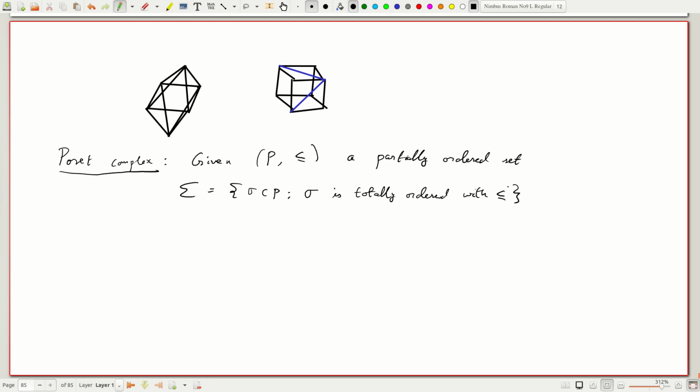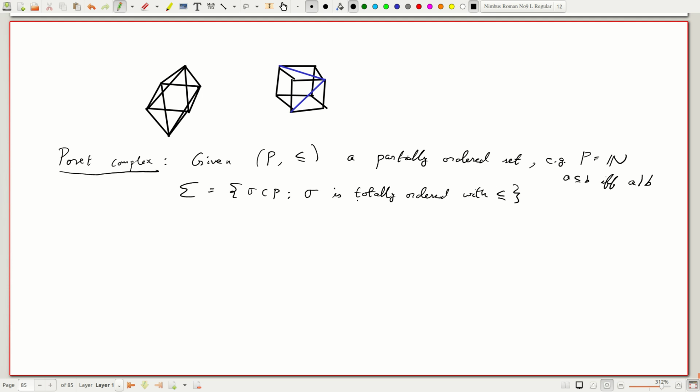Okay, so an obvious example of partially ordered sets would be, for example, if I look at natural numbers and the order is not the usual one but x divides y, that would be a partially ordered set. Totally ordered are a sequence of numbers, and so you can order them so that each one divides the next one. It's actually a rather interesting example of a Poset complex. Okay, so here is an example: if I took P equals N and a is less than or equal to b if and only if a divides b. This is the definition. You get a rather interesting thing, and number theory is captured in the geometry of this